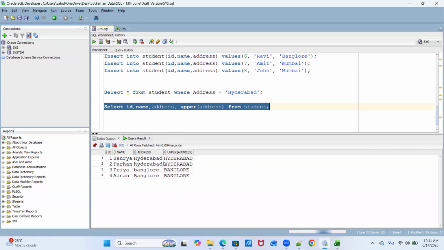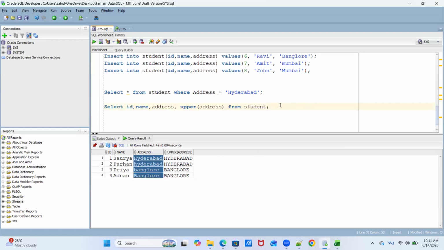See, once we execute it, all the data of this address column, Hyderabad, is converted to uppercase, right? Now, our intention was to fetch all those records, all those students who are from Hyderabad.